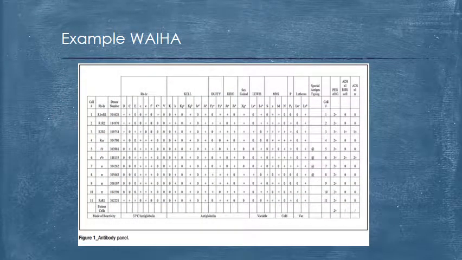Here's an example of a panel that shows, look at the patient's cells. The PEG-AHG is positive. So you have a warm autoimmune situation. And then adsorption was done. That's what the ADS means. So adsorption was done where you've removed the autoantibody, okay? And now you're looking specifically for any alloantibodies that might be there. The evidence that there was an alloantibody was if you look during the PEG-AHG,